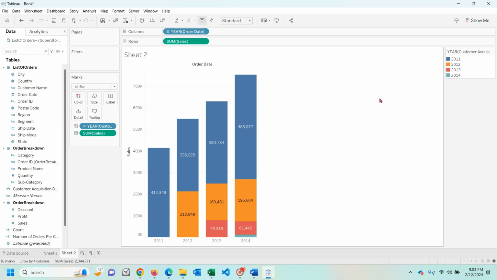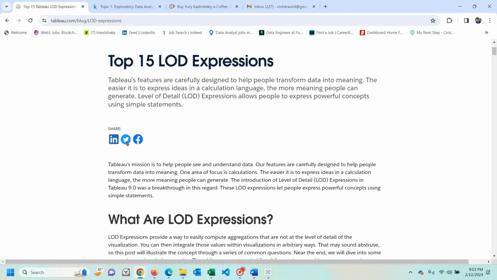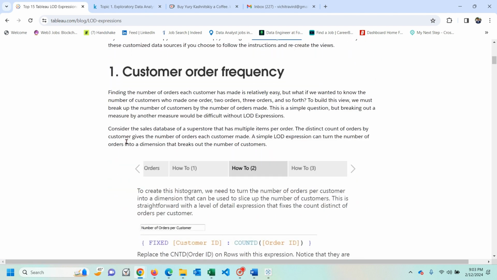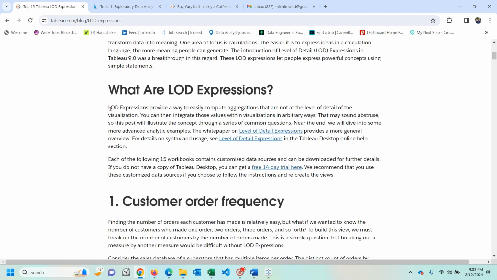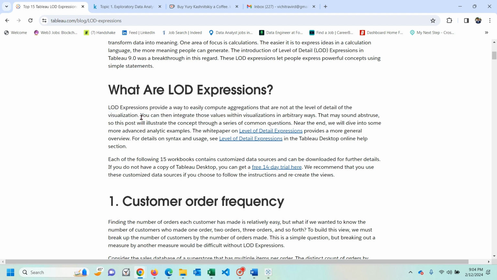Before starting, let's have a quick go through of what level of details is. So level of detail is a kind of superpower that is being provided by Tableau. Level of details expressions provide an easy way to compute aggregations that are not at the level of detail of the visualizations. Meaning, there are few questions which can arise during a project which cannot be answered just by basic calculations. Take for example,